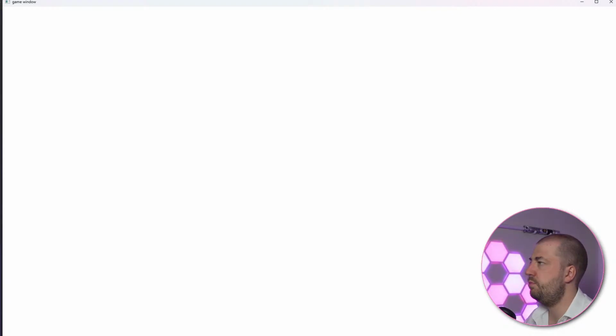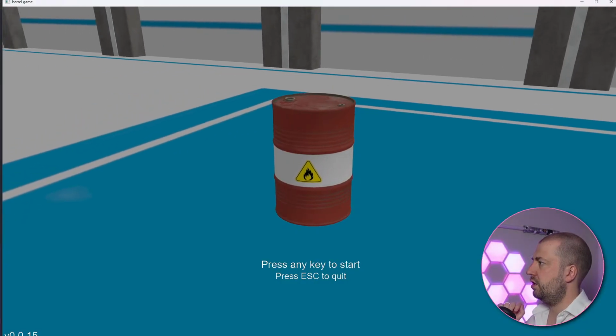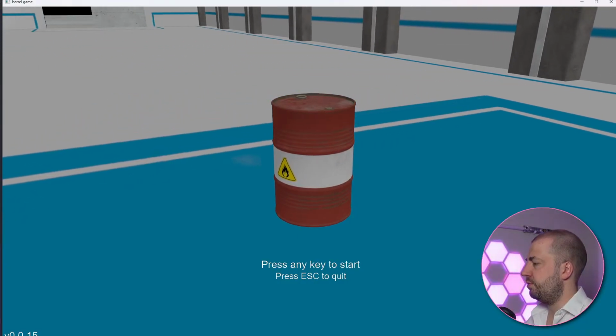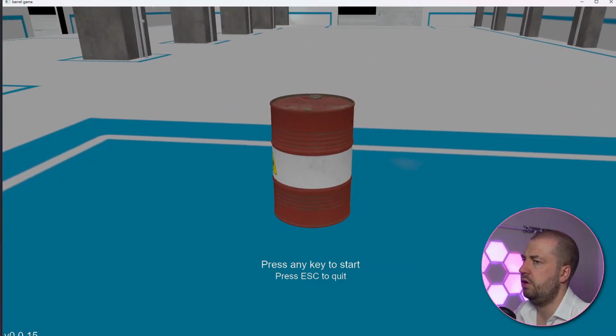Why not Unity? The whole point of this is to build something from scratch and see what that looks like. What does it mean to build something from scratch, or as much from scratch as possible? Okay, so